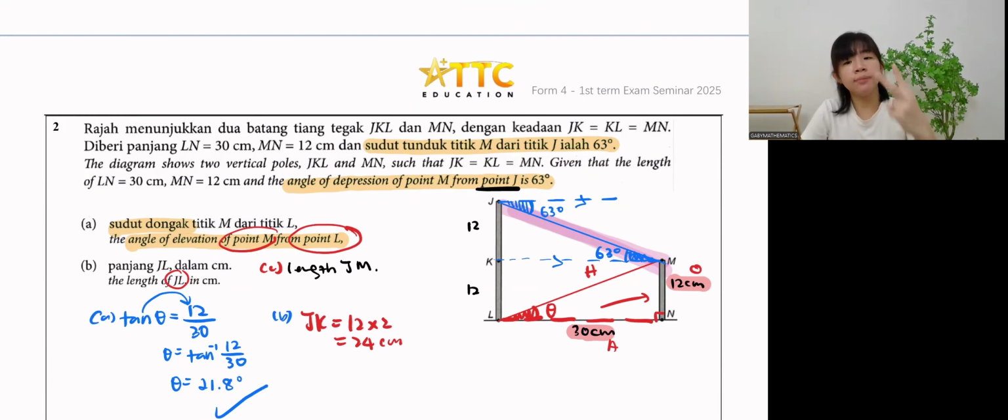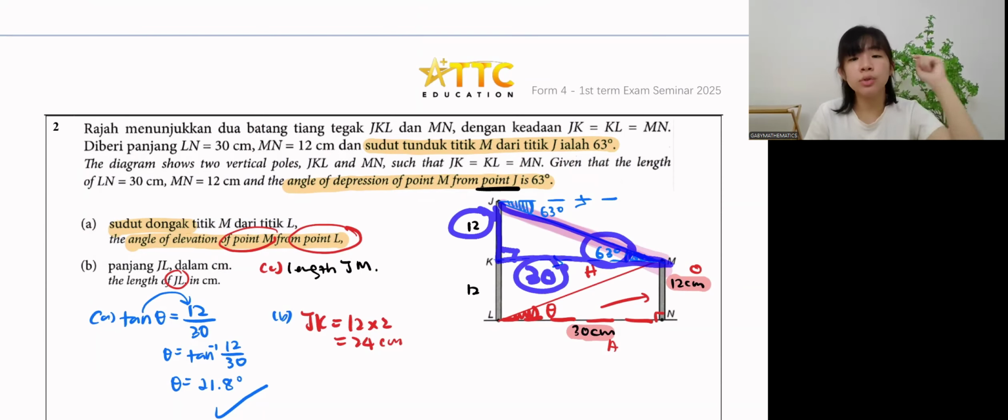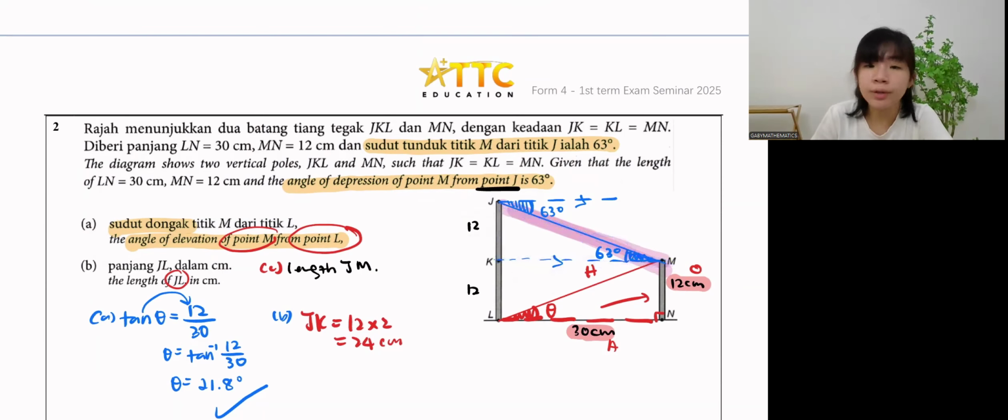Do we have two information? Actually, we have so many things. You can also use Pythagoras theorem, correct? Okay, you have two choices: either you use Pythagoras theorem or you use trigo. Let's use trigonometry, practice trigonometry. So we have 63 degree. Let's say now I have 12. You also have 30. You want to use 12 or you want to use 30. Okay, if I want to use 12, we use sine, cos, or tangent.